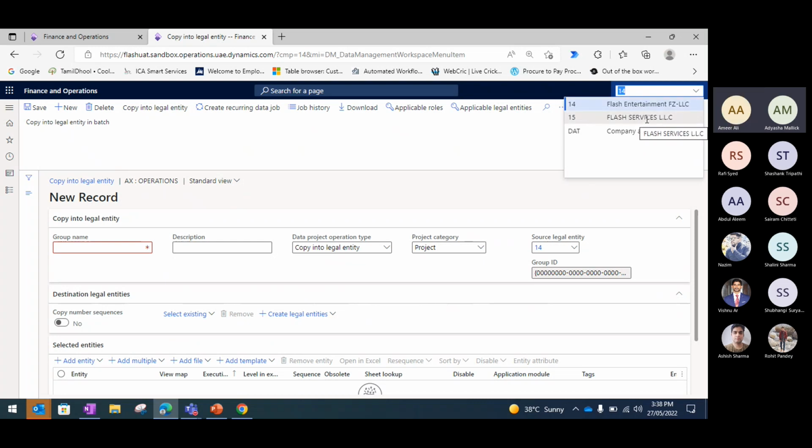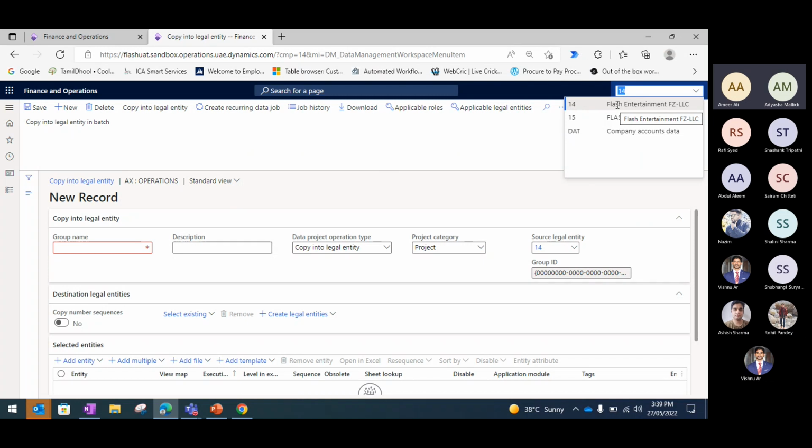So again, I'm repeating. We cannot copy the transactional data. What we can do at maximum is copy the masters, the references, and the parameters. When I say parameter, it is a setup. We can copy the setup. We can copy the masters, which are the vendor master and customer master. Those things can be done, and we can copy the configurations. So there was a requirement that we have to copy the entire configuration and data from company 14 to